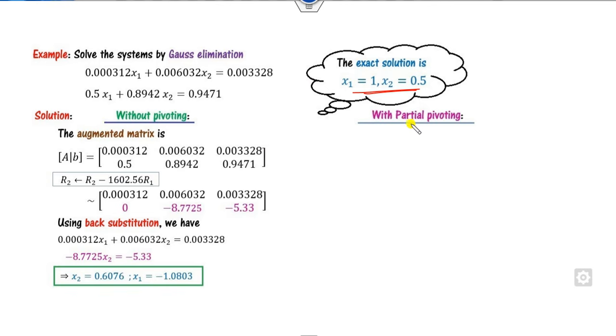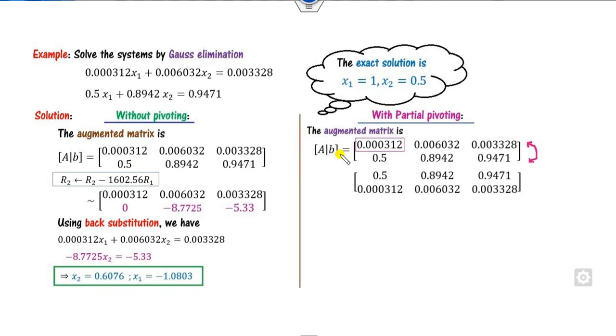Then what will happen? Because there is an actual need of partial pivoting, the largest value in the column is only 0.5, so I can interchange R1 and R2, which is here. Because this is there, I can interchange them. Now this is my box element. Then I can preserve the first row.